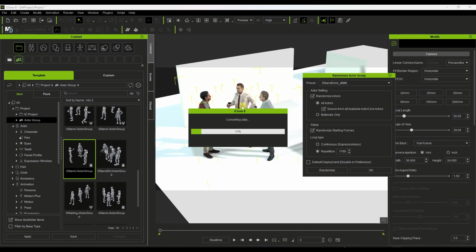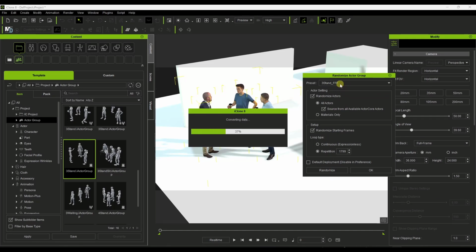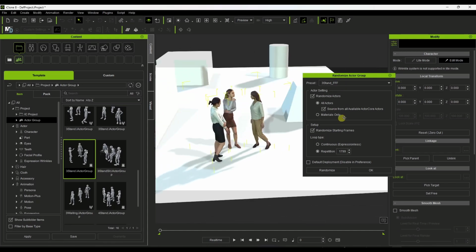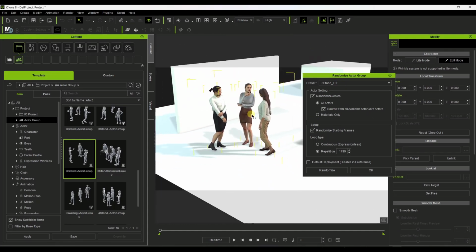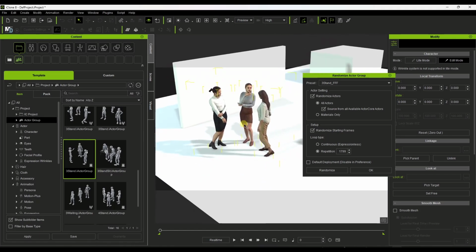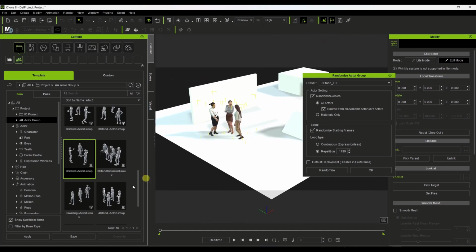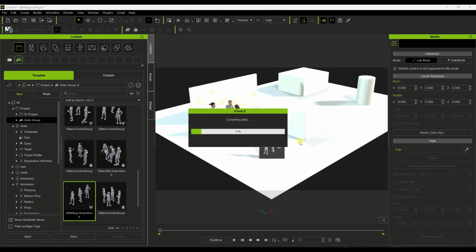So notice I can use this in order to randomize the people that are in here like this. And note that you can click the drop down right here, and you can pick, for example, if you wanted females instead of males, the 3 standing group of females right here, and it's going to randomly bring those in from your library as well. So obviously you need to have some of these ActorCore actors in your library in order for this to work, but it is a really powerful function for being able to quickly add different kinds of people in here